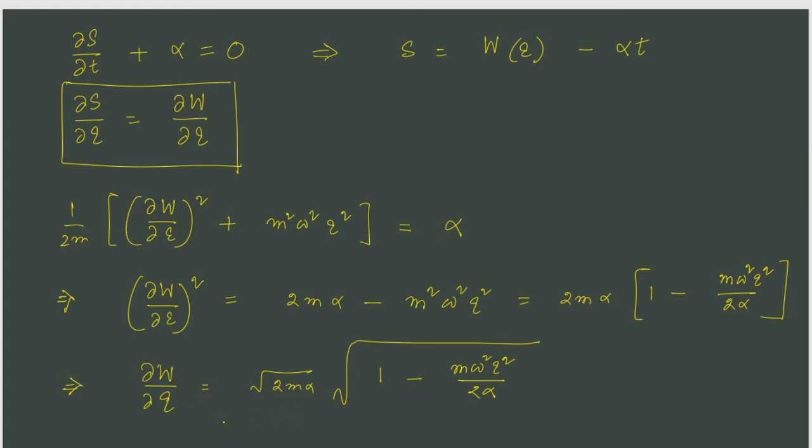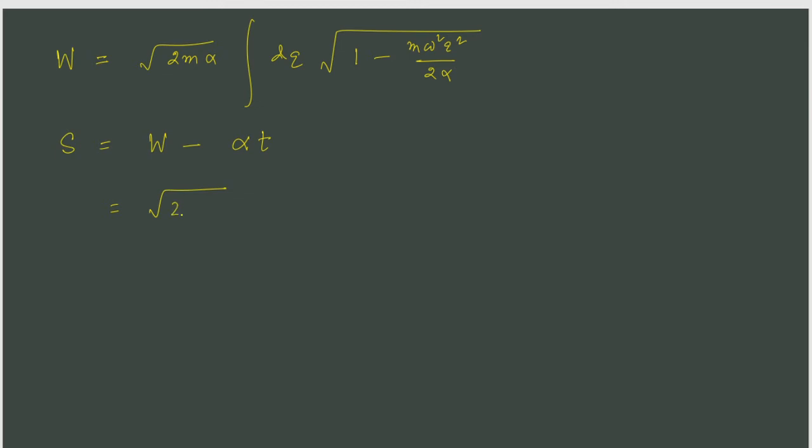Now this we have to integrate. So we can say that we have a problem of this form. This is our Hamilton's characteristic function. So we have not evaluated the integral yet, but it is straightforward. But let's calculate the Hamilton's principal function S, and we remember S is W minus alpha t. So in this case it would be